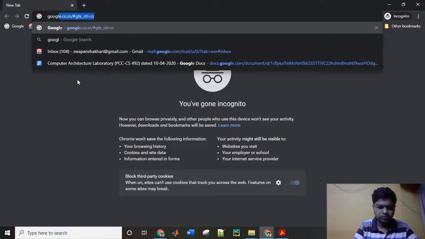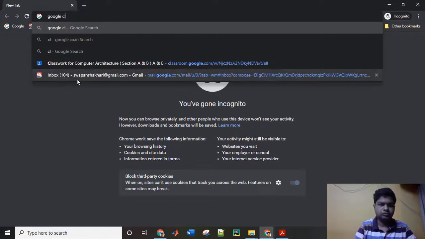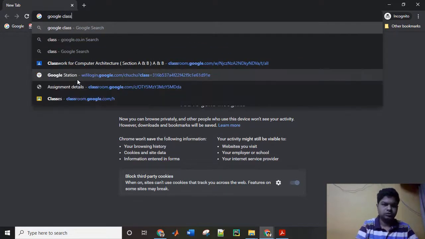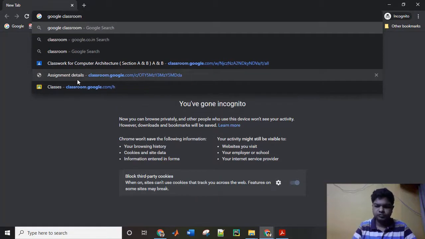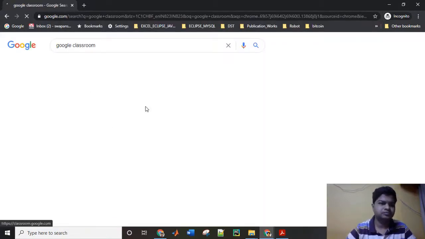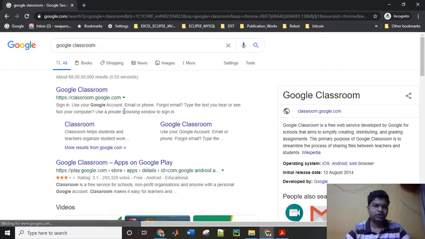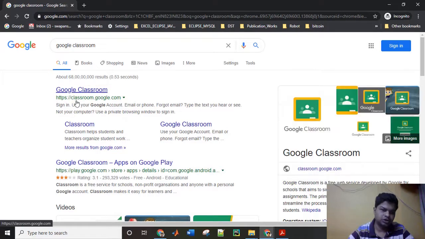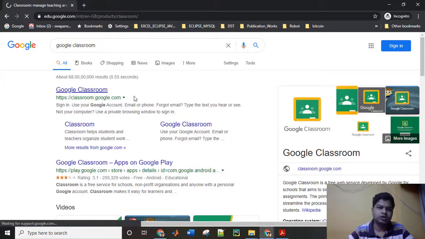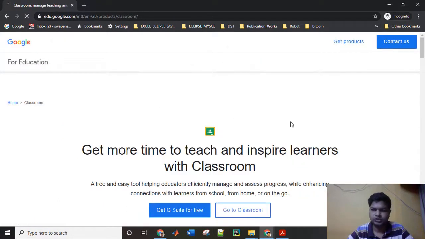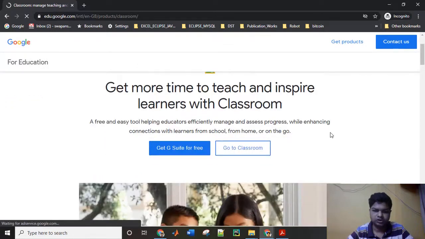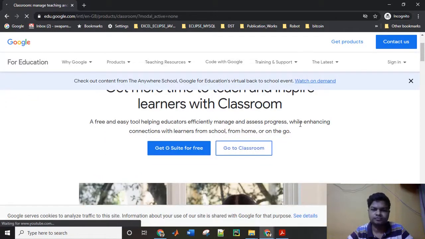Google Classroom, and then press enter. Now open the first link, that is classroom.google.com, and then you can simply sign into your Google Classroom with your existing Google ID.